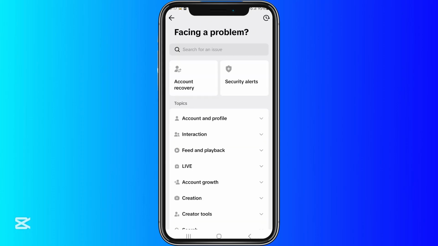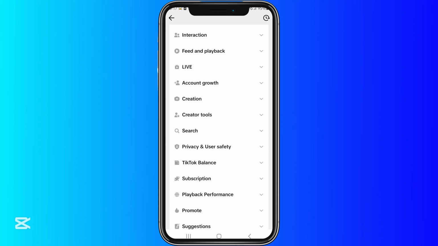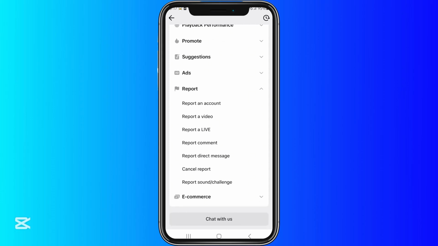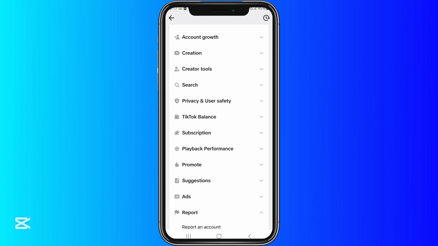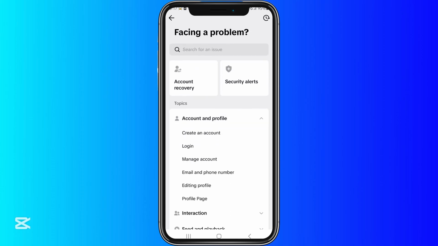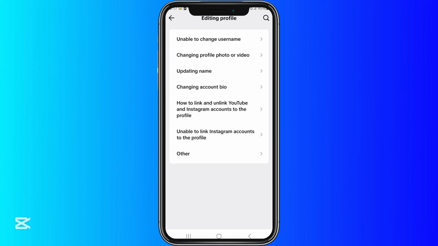From here, what you want to do is scroll down again and click on report. Actually, scroll up from here and then we want to click on account and profile and then click on editing profile. From here, click other